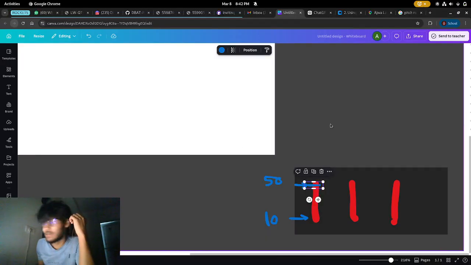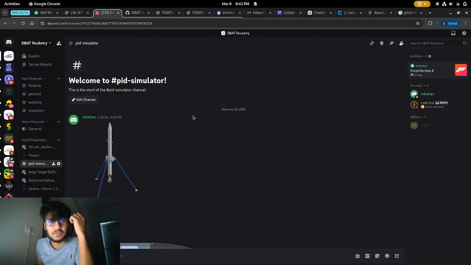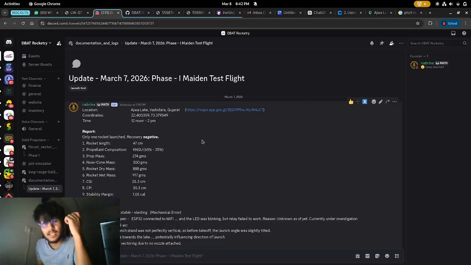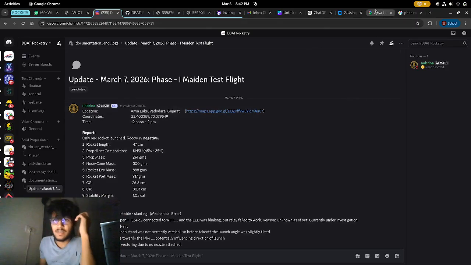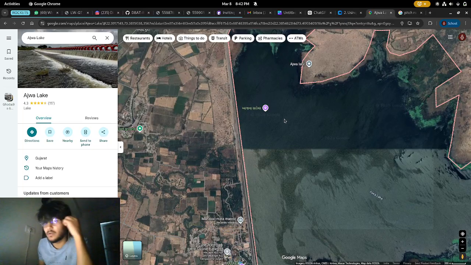Like, you know, stability of my rocket. That's a very, very big issue. I'll actually show you what I'm talking about. So we conducted our first test like yesterday, and it was extremely pathetic. So we went to this place called Ajwa Lake over here. It's in Vadodara, and